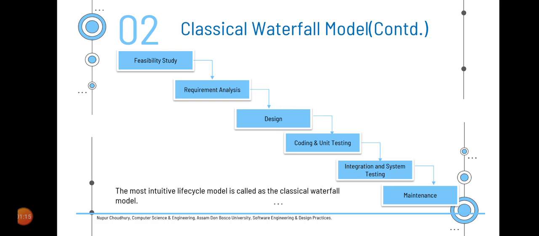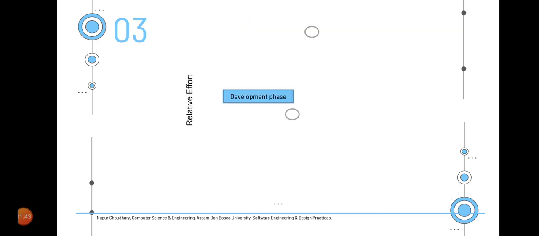Still, this model is more of an idealistic model as it is not really used in real projects, and we will discuss why. So why is this known as a waterfall model? Because after each phase, the next phase follows, which gives a step-by-step representation of the entire life cycle, which resembles a waterfall in a real life scenario.